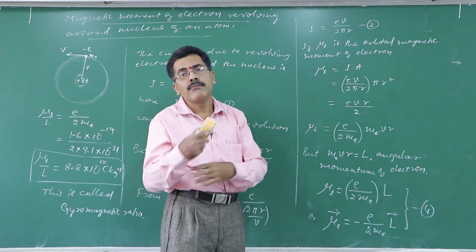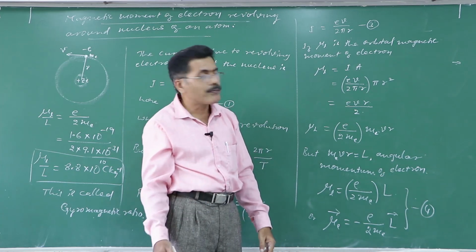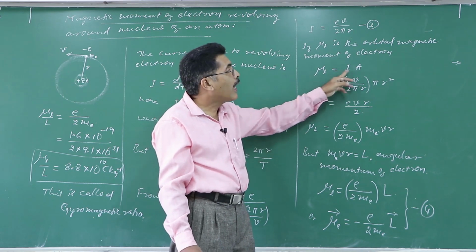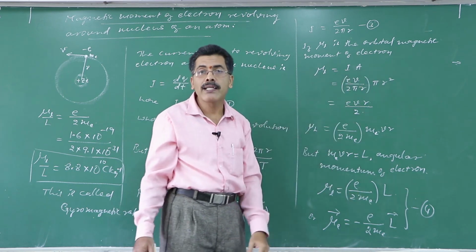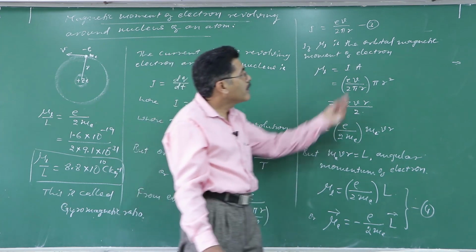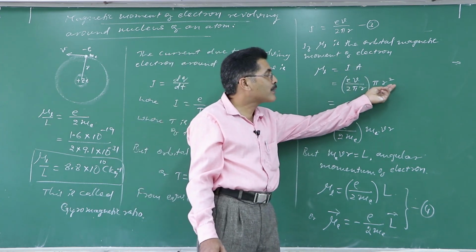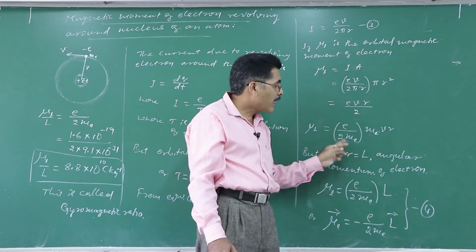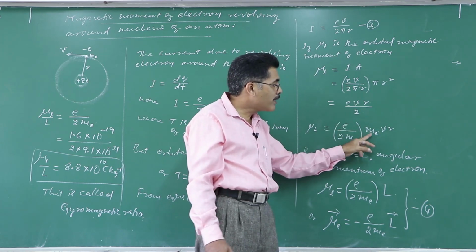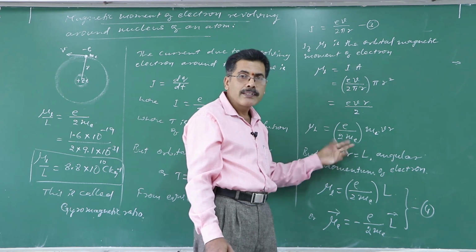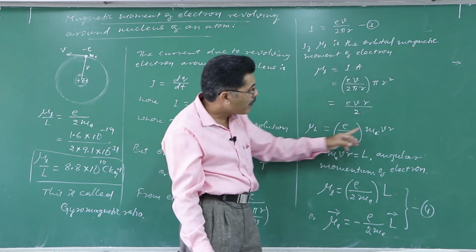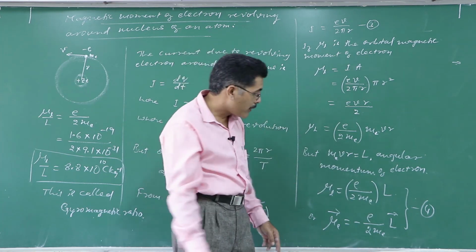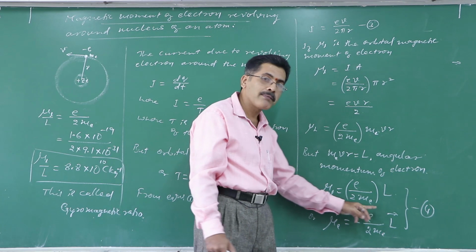Therefore, what is the magnetic moment or dipole moment of the electron? I indicate that by mu L. Mu L is equal to I into A, current into area. A stands for area. The area of the circular path is pi r squared. You will be getting this. I just rearrange it like this. I multiply this by me and divide this by me, so that the equation takes this form. me v into r gives you the angular momentum L. Therefore, mu L is given by this.